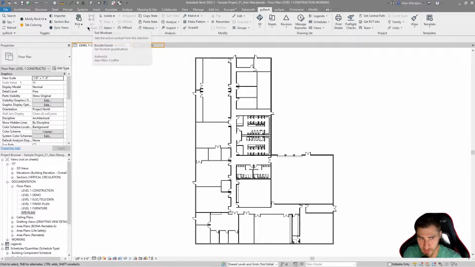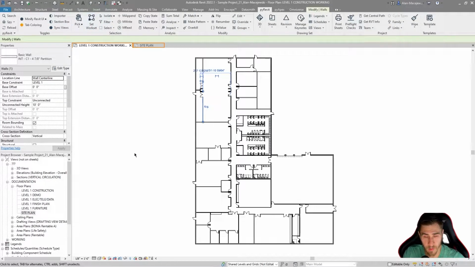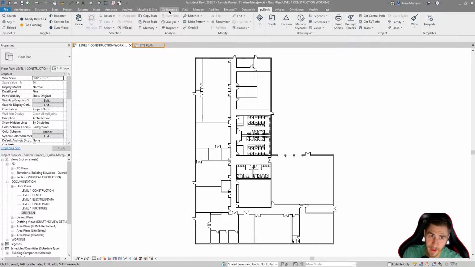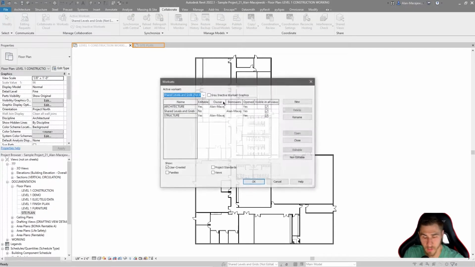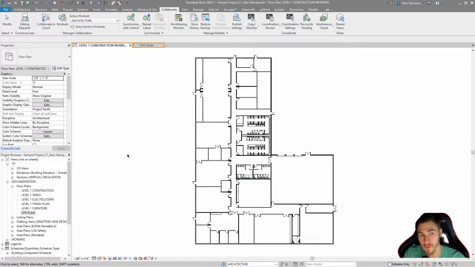So you'll notice the set work set is not highlighted. I can't pick this at all. I can't work with it, but I can select an element, come over to the pyRevit tab, and I can see, ooh, set work set, cool. But first, before we do that, I want to show you my work sets. What I have in this is shared levels and grids, architecture, and structure. Okay, I want to make sure that architecture is my active work set because that's really what I care about the most,